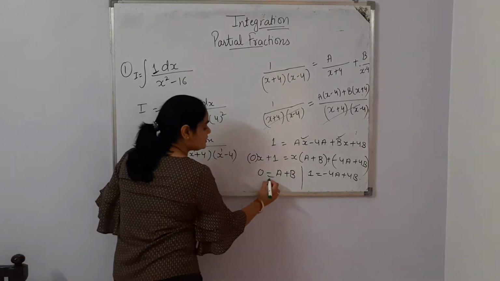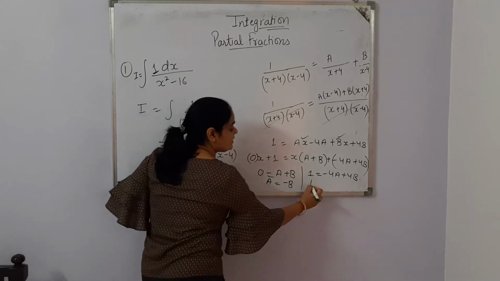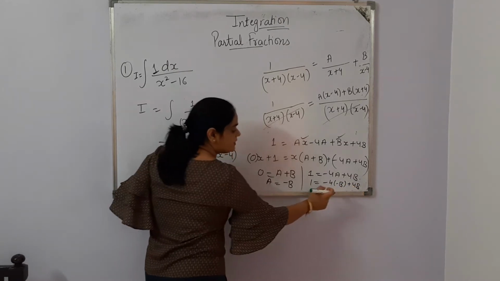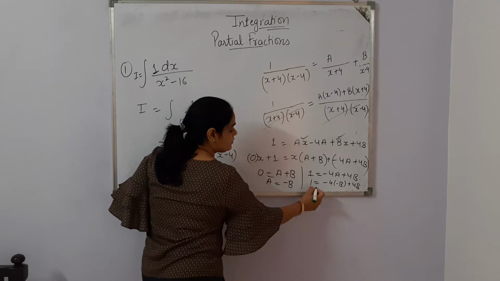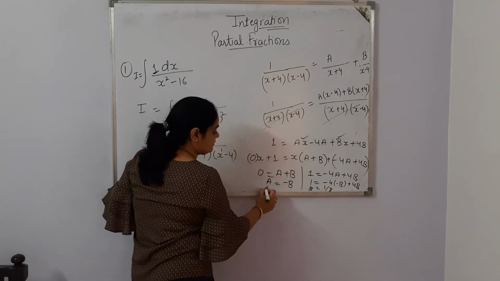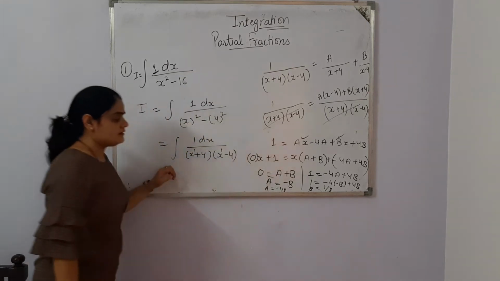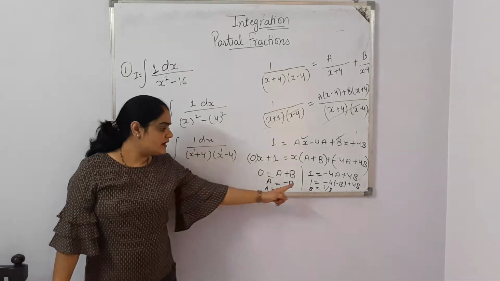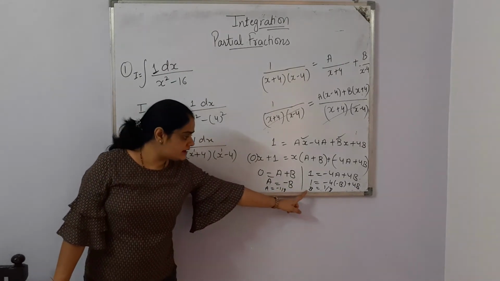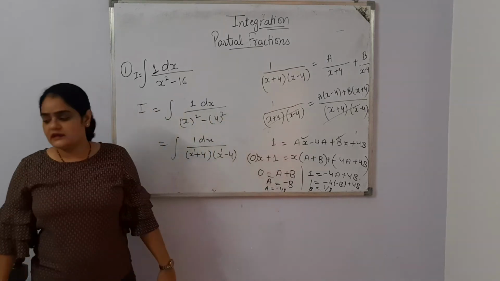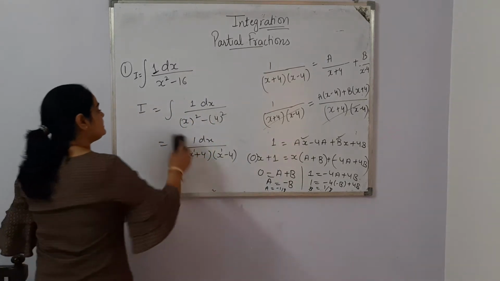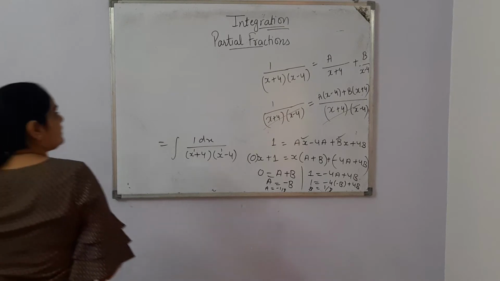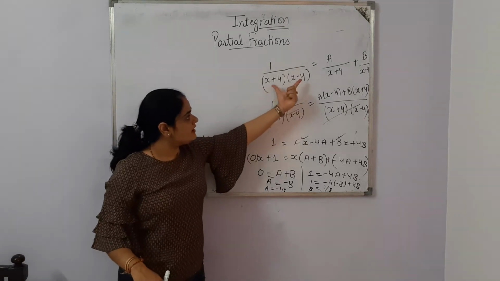Here I am using substitution criteria. A is equals to minus b. So 1 is equals to minus 4 into minus b plus 4b. It becomes 8b. So b is equals to 1 by 8 and a is equals to minus 1 by 8. I'm using substitution method here. After applying the substitution criteria, I'm getting b is equals to 1 by 8 and a is equals to minus 1 by 8. Now what we have done here, this is the value of a and b.